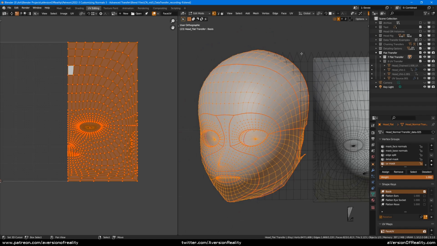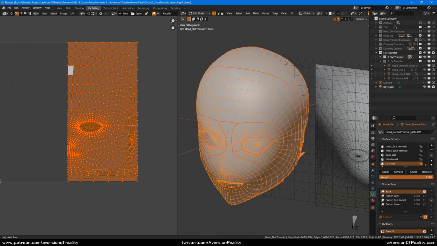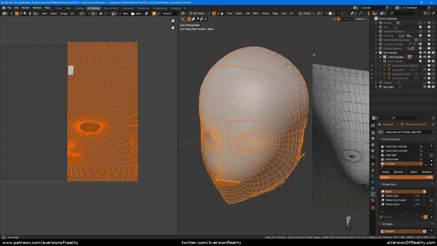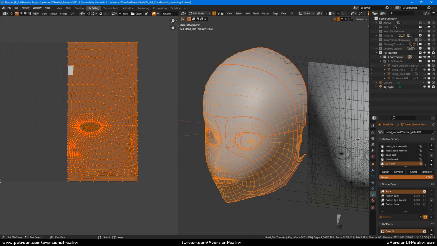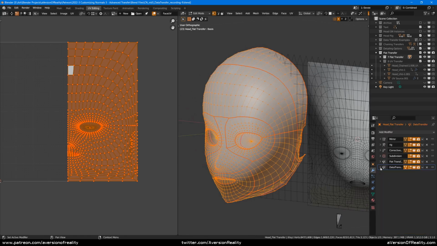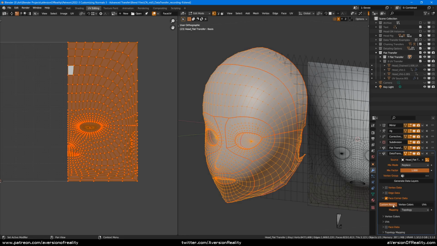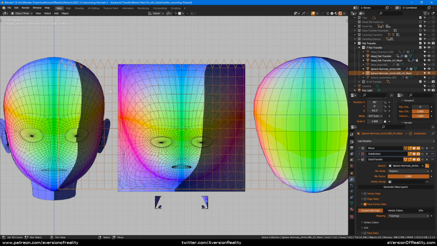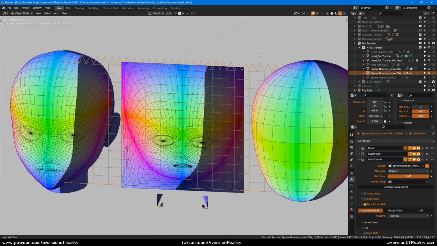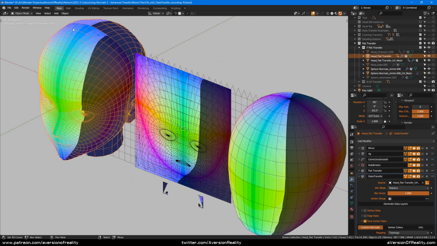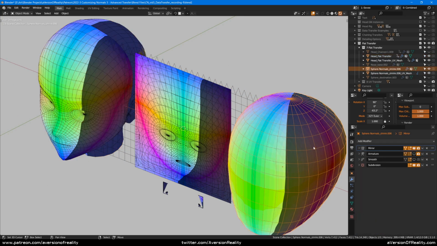But actually, we've already learned a very convenient way to do it, which is to transfer it by all the same rules that we've been learning about so far. Because, as you may have noticed, down here with our custom normals is our UVs. We'll need to unwrap both the source and destination objects and then get them lined up properly. In this case, I only unwrapped the face part of the destination, but I unwrapped the entire source mesh.